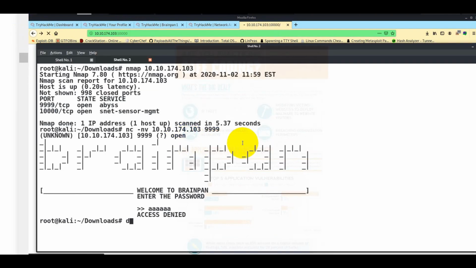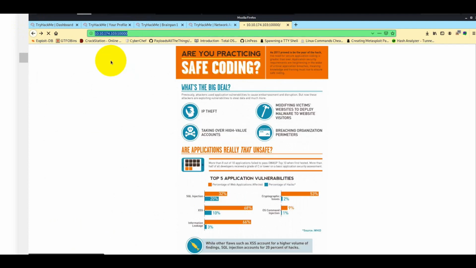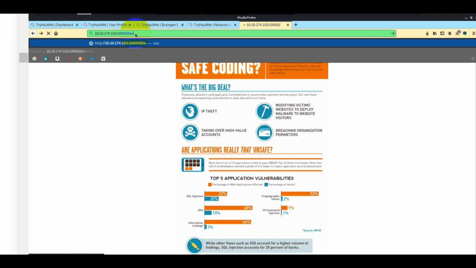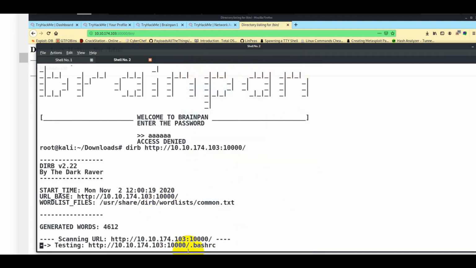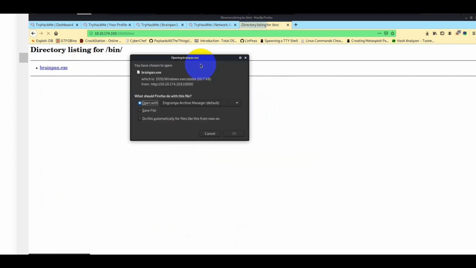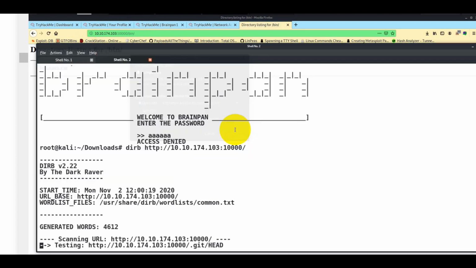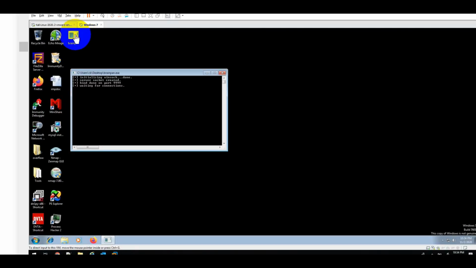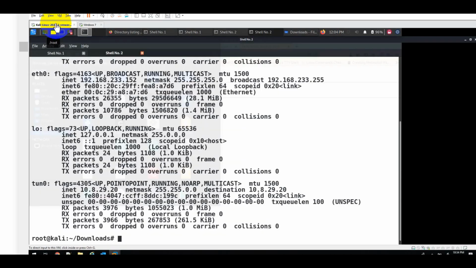You will be given a sufficient system and environment to craft your buffer overflow in order to make a successful exploit. Now I'm going to run a directory buster on that particular system and wait for some sensitive directories. Meanwhile, I can also try /bin or even robots.txt to see if I can get some sensitive file. So luckily the bin directory has some binary.